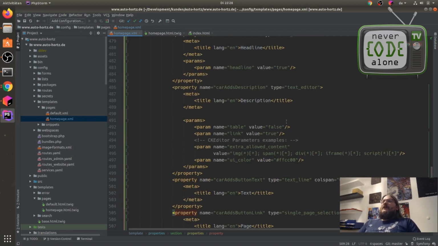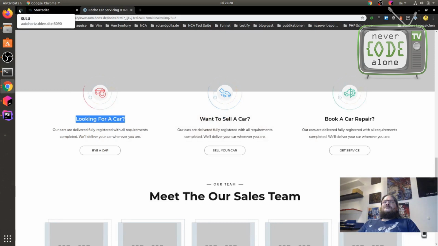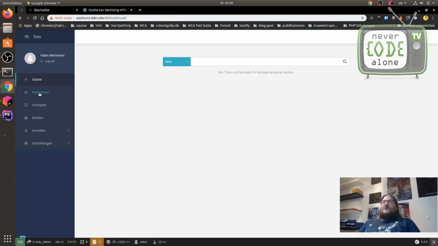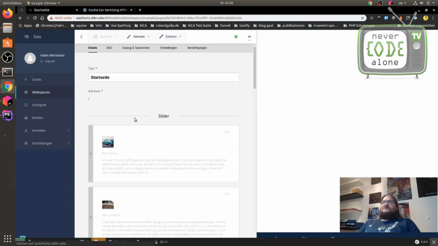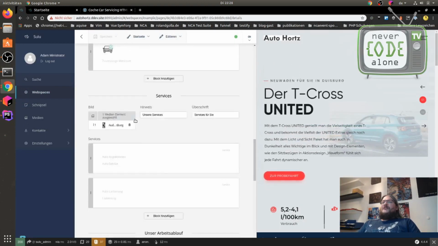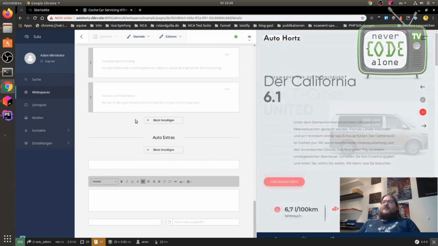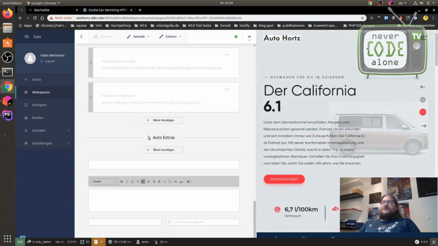Okay, now we have this element here, and we will check it in the admin area. For this, we just go to the backend, to our start page. Now we have down here our auto extras, and we can add a block.